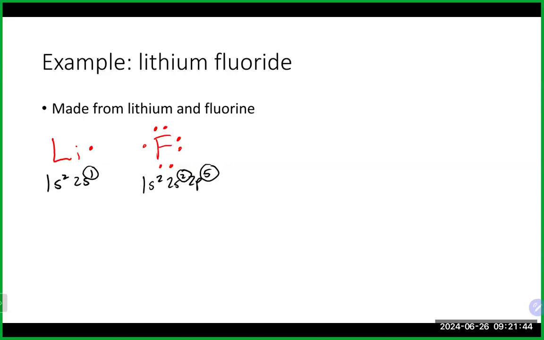So in this case, we have a metal and a non-metal coming together. Because of those periodic trends, lithium is going to say, no problem, go ahead and take my electron. And when lithium does that, it becomes positively charged as it has lost an electron. When we look at our fluorine,